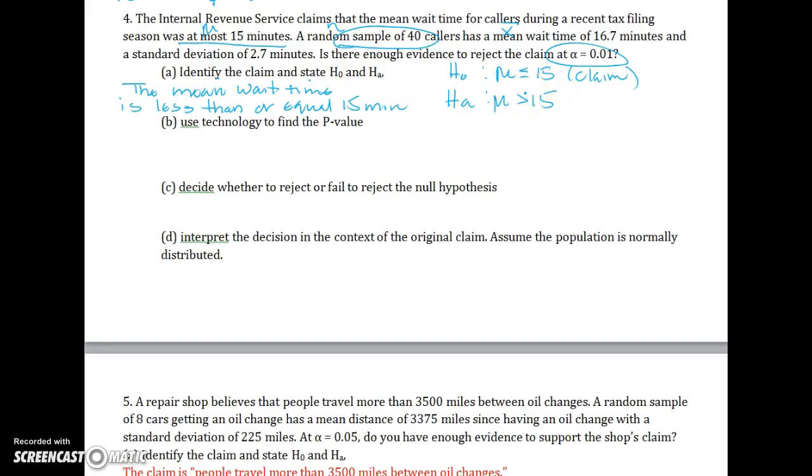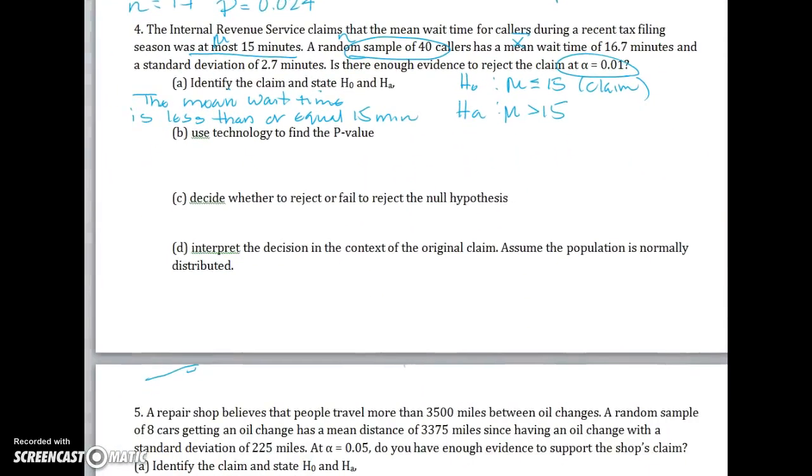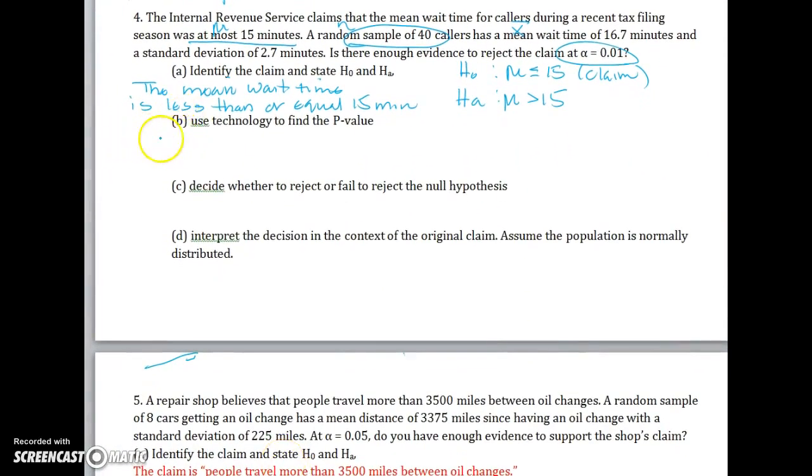The same thing that we just did for the last one, I'm going to have you do right now. But let's make sure that you are entering in the same information. The n for this one we said was 40. The sample mean is 16.7. Standard deviation is 2.7. And when you enter that into your calculators, which I would love for you to do at this very moment, you can press pause if you'd like to and then unpause,